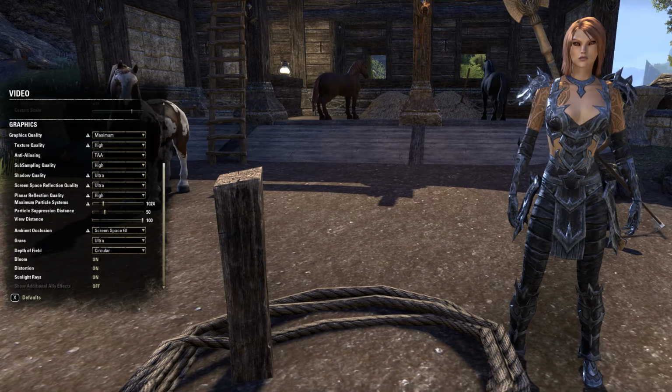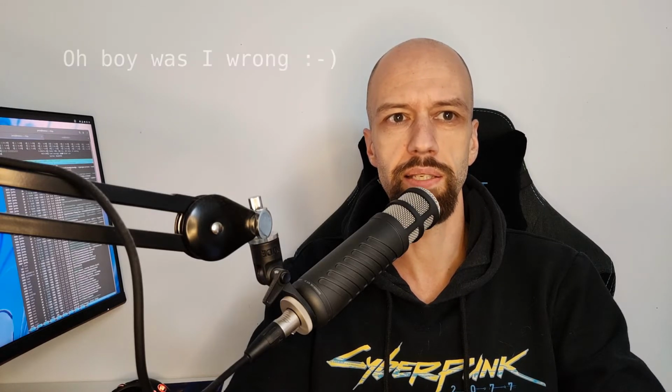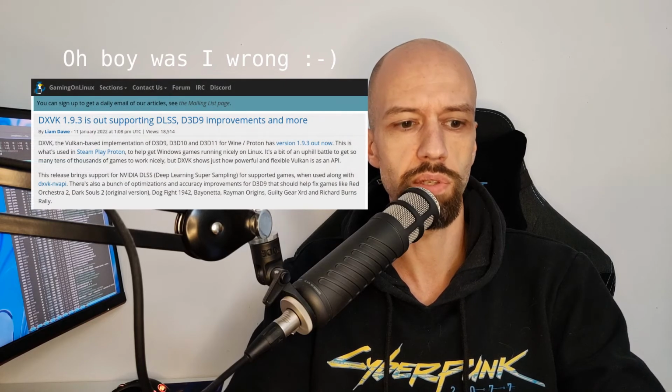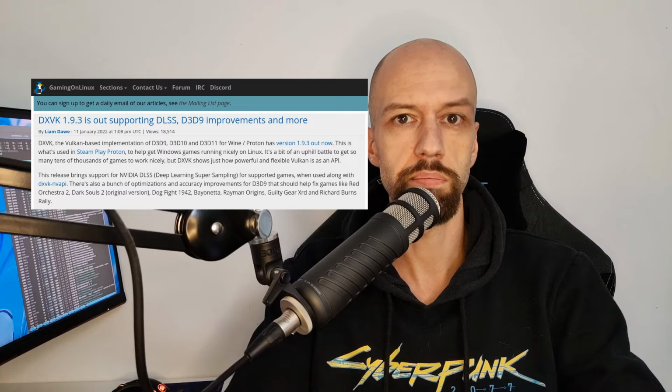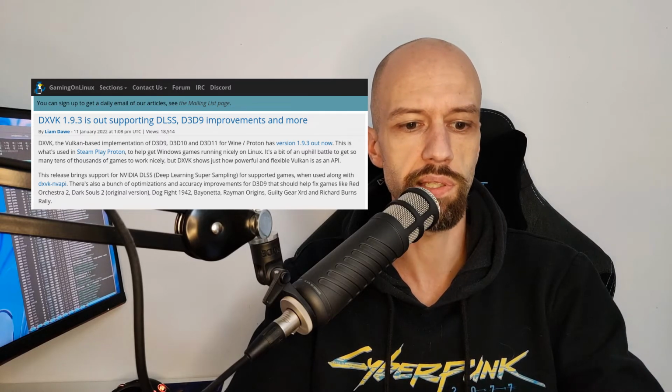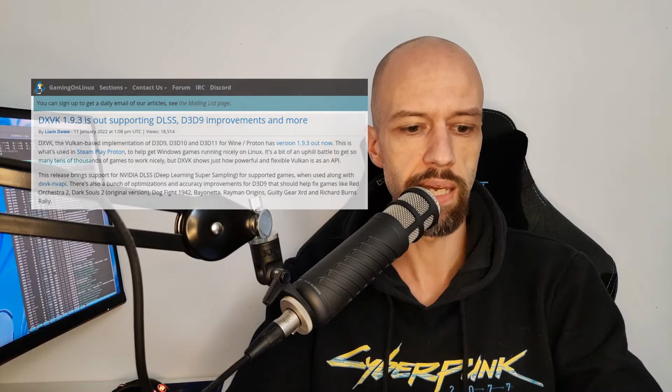The game actually works perfectly after I got through the install process. There is only one thing that was missing that the Windows version of this game has, and that's DLAA. That's deep learning anti-aliasing from Nvidia, and I'm pretty sure that the game didn't detect it in the driver that I have installed on my Fedora. So I will look into it a bit later, but I think it's something that Nvidia hasn't implemented on Linux drivers just yet. Maybe they did, but obviously the game doesn't recognize it,